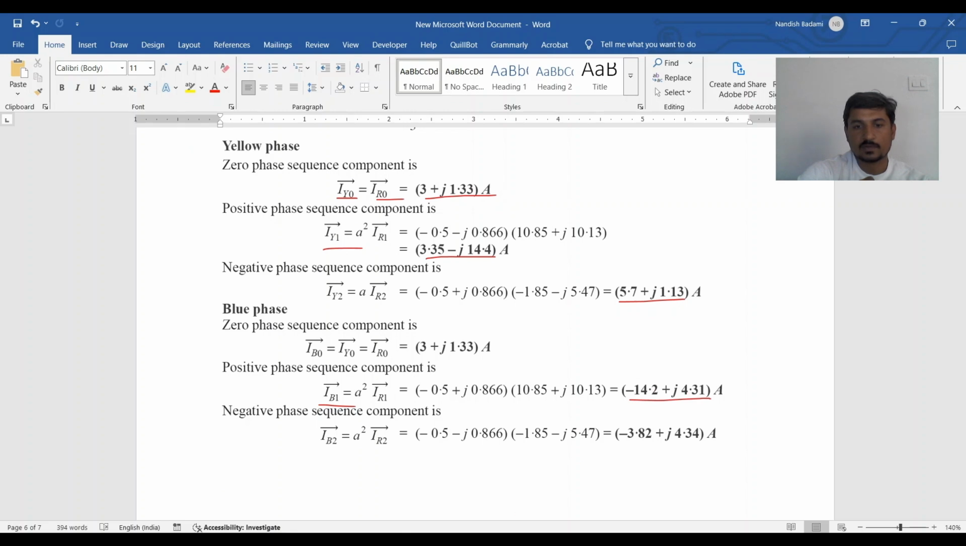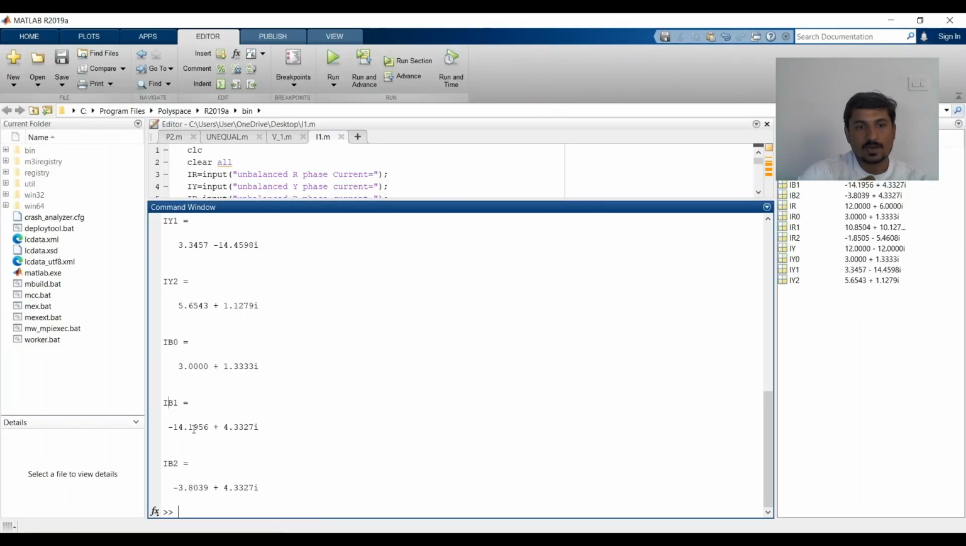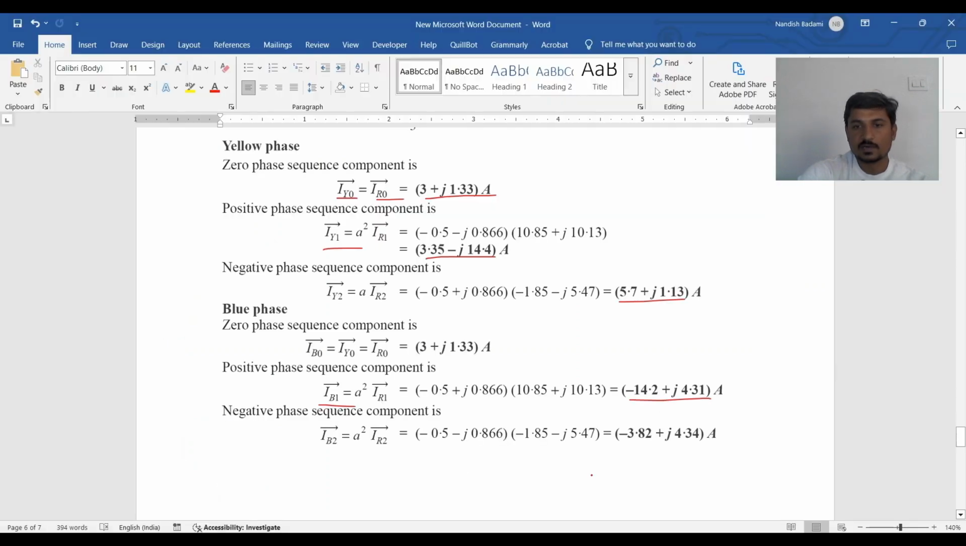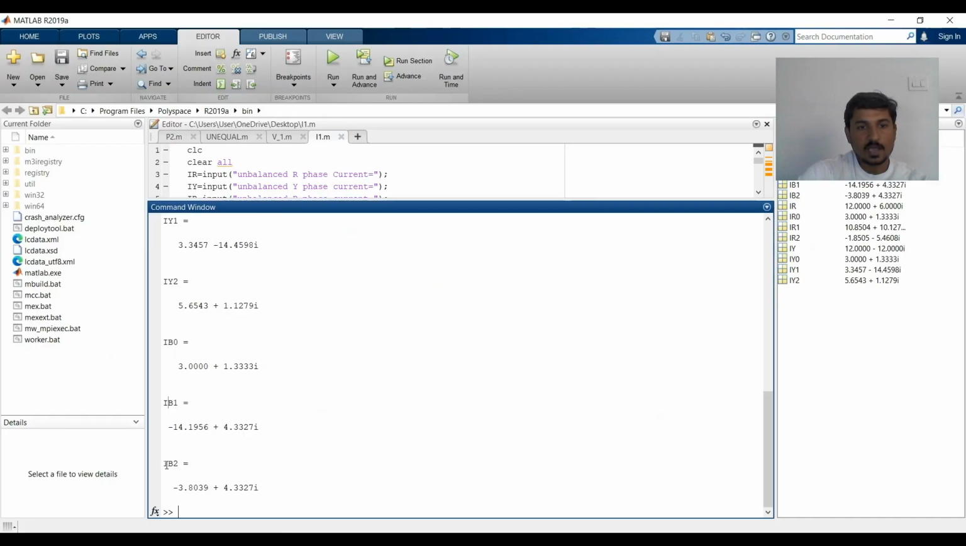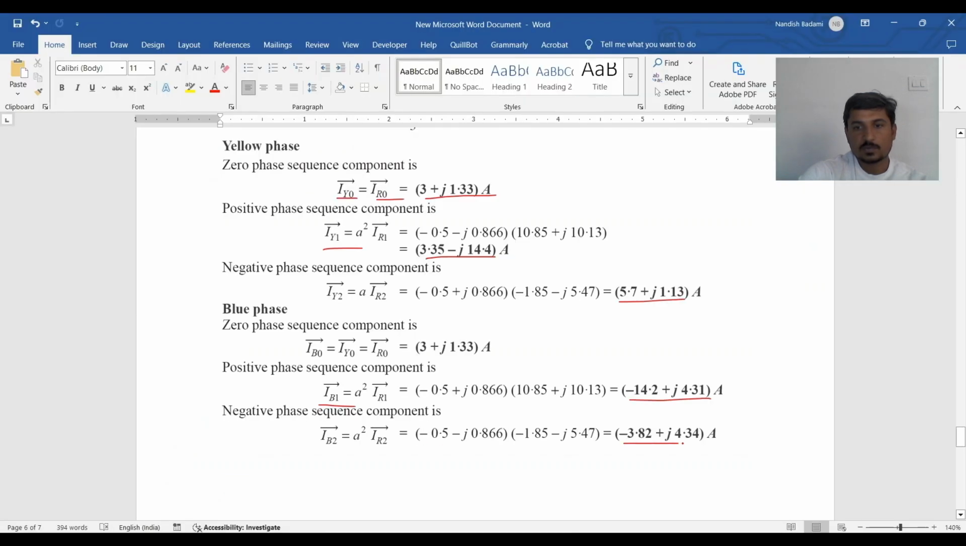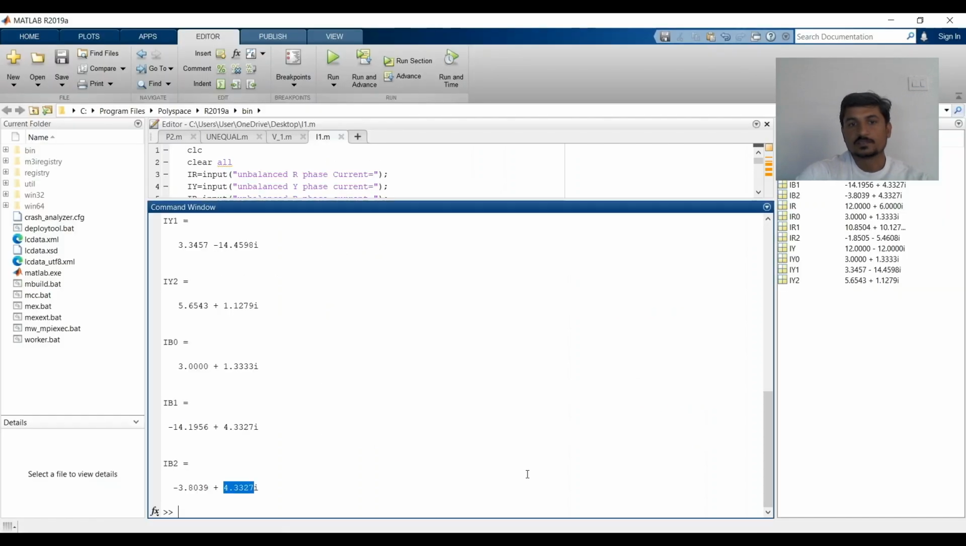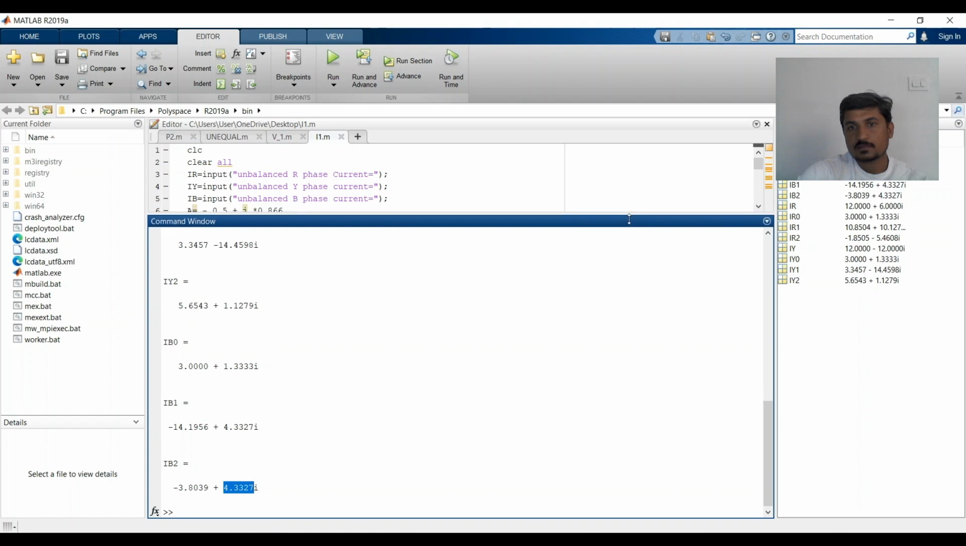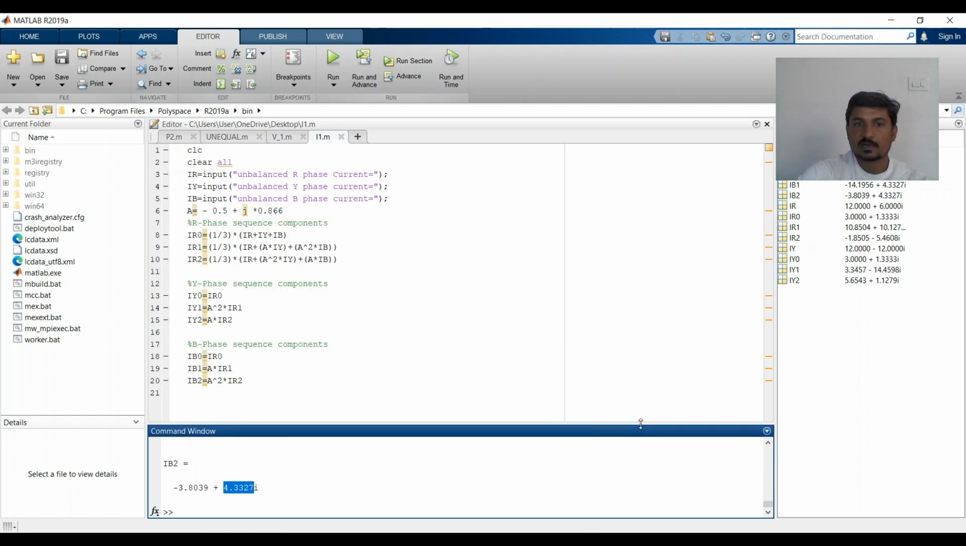Here we are having IB1 as minus 14.2, 4.31. 14.19 is 14.2, they have rounded it off. 4.33, they have rounded it off to 4.3. Similarly, IB2 is minus 3.8 plus 4.3. Now, the calculation parts are exactly matching